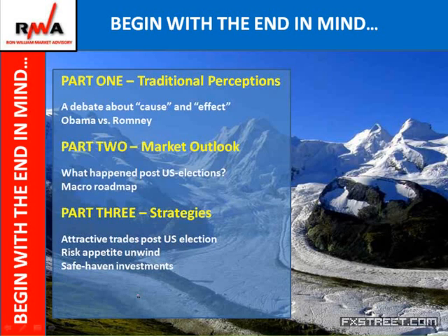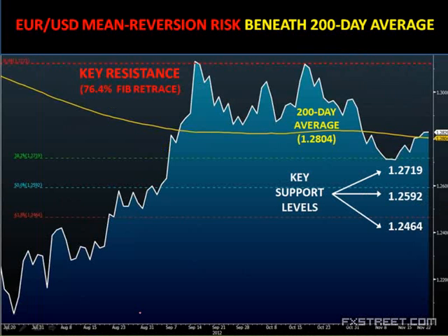Keep in mind that the word safe haven has changed its characteristic for the entire year of 2012. So you have to be very selective in terms of what is still a safe haven market. Now, my answer to that is the US dollar and potentially gold eventually early next year. But US dollar is likely to be a big safe haven play, and we're already seeing big gains in the US dollar. Now, just a quick focus on euro dollar, and then I'll switch on to the US dollar.